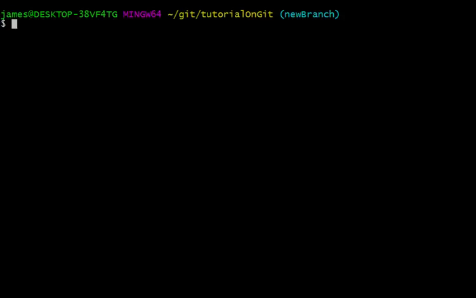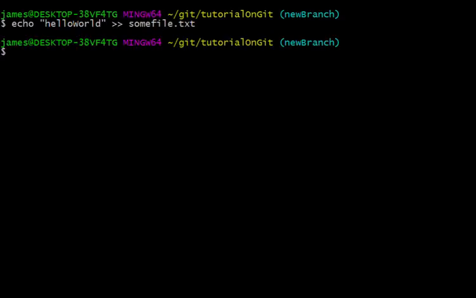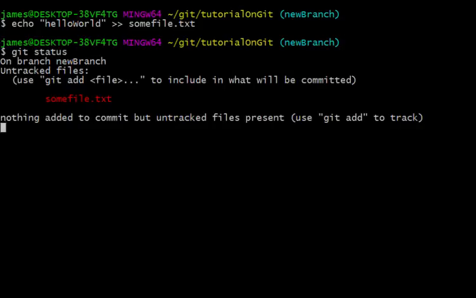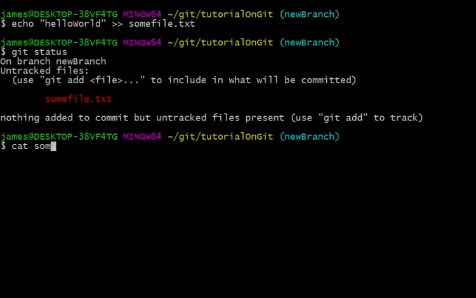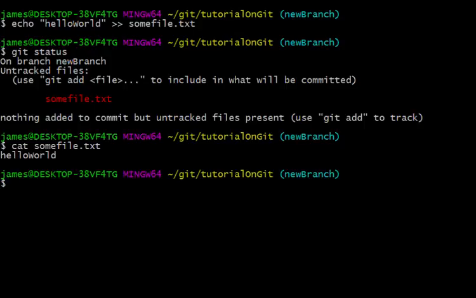So let's make a commit here, and then we'll switch to the other branch, and I think that'll clear up some confusion on branches. So I'll just make some file, and we're gonna echo out something like hello world into this file. Git status, there's a file, it has hello world in it. Okay, so we'll do a commit of that,